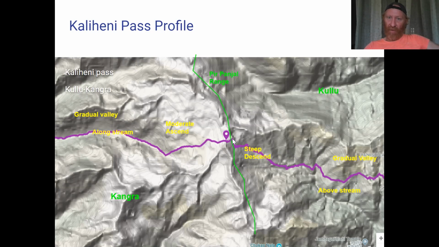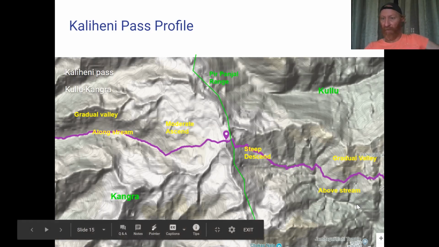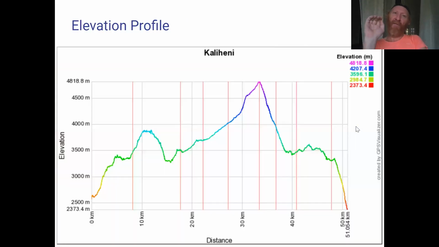On the right side, if you look at the trail, it steeply descends. The contours are very close here. You're dropping altitude significantly till you hit a small gully here, and here the trail follows contours horizontally above the main valley. If you translate this view into an elevation profile of the same Kaliheni Pass, you can see